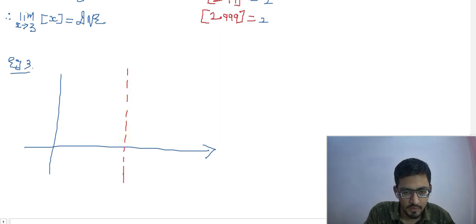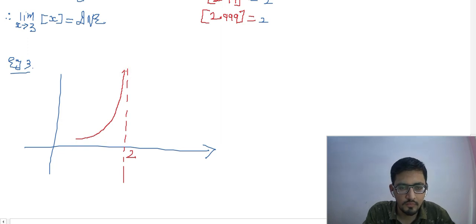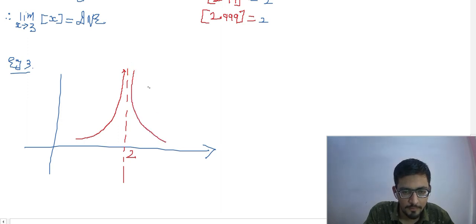So listen here, this is 2 and one part I am drawing like this, and the other part also something like this. Kindly bear with my drawing. Now listen here. If this is a graph of f of x, assume that this graph is starting from here only. That's why I'm drawing it like this. If it is not defined, you will do an open circle. I'm assuming it is defined at that point.